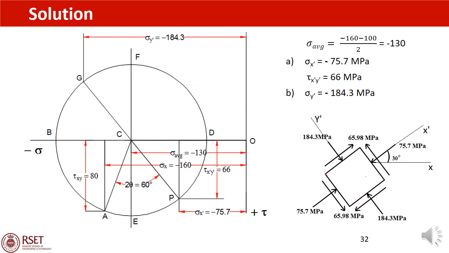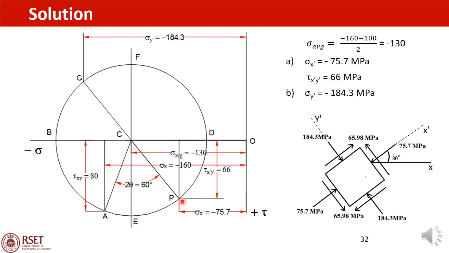Now once the Mohr's circle is drawn, you can locate the arbitrary plane by locating the point P on the Mohr's circle. It is given that the arbitrary plane is at an angle 30 degree in the element. Therefore, in the Mohr's circle, it will be at a location double the angle, that is 2 theta equal to 60 degrees away from the plane CA. So from the reference line CA, we need to measure 2 theta equal to 60 degrees in the counterclockwise direction to locate the point P.